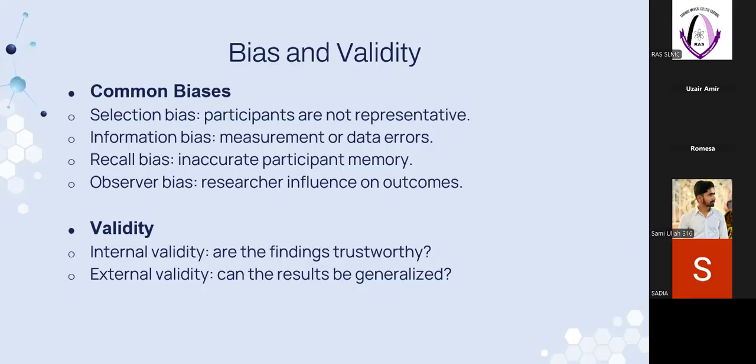Now, what is validity? Our research has two kinds of validity, internal validity and external validity. What is internal validity? Everything we have mentioned till this point is internal validity. That the method of the research is right, the questionnaire it uses is right, and everything else like the methodology, population size, everything. It is the internal validity of the research article.